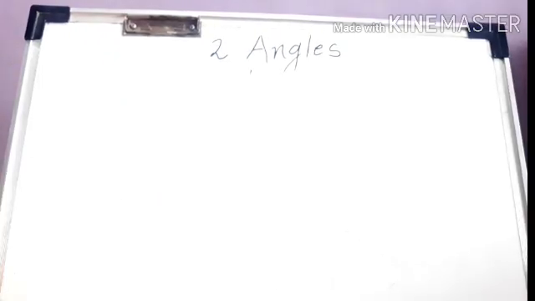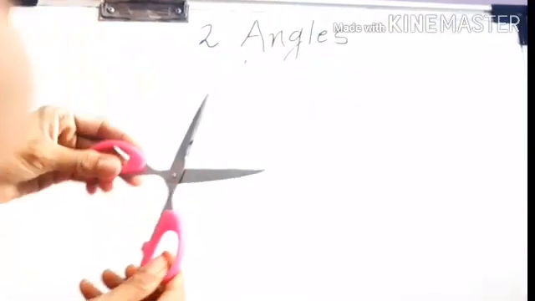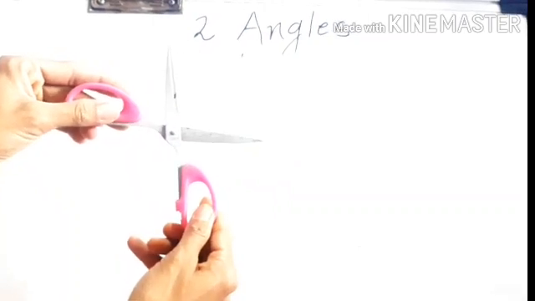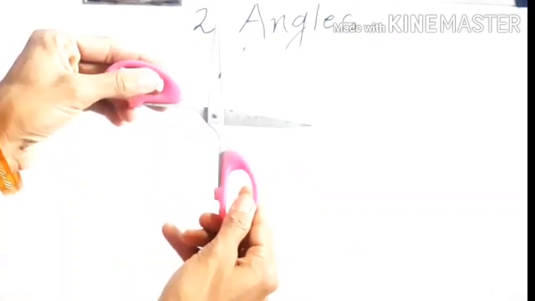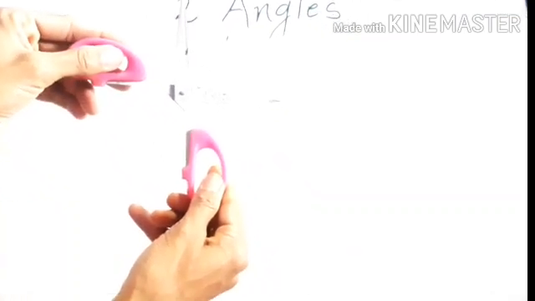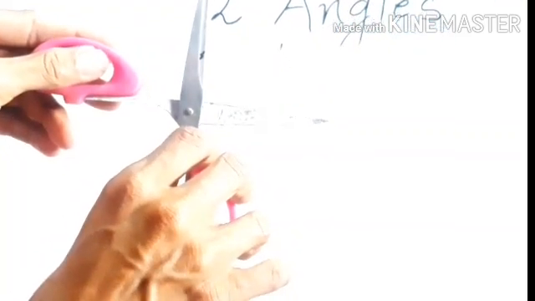Next example, I can show you this scissor. Now this scissor, suppose I have done like this way. Okay, this scissor. So now see, this hand is exactly straight. Okay, this is the straight hand and this one arm is here. So which type of angle is here? It is formed straight. So that is a right angle. This is a right angle which is formed in the scissor.